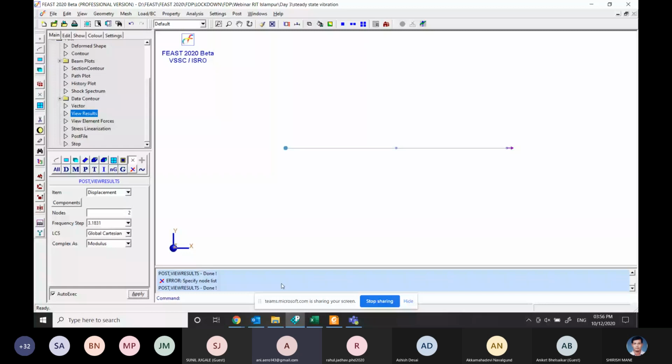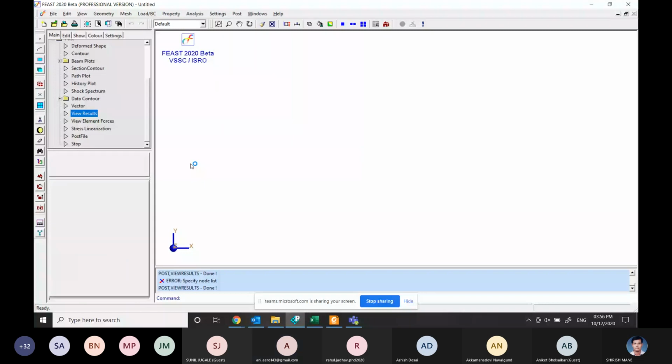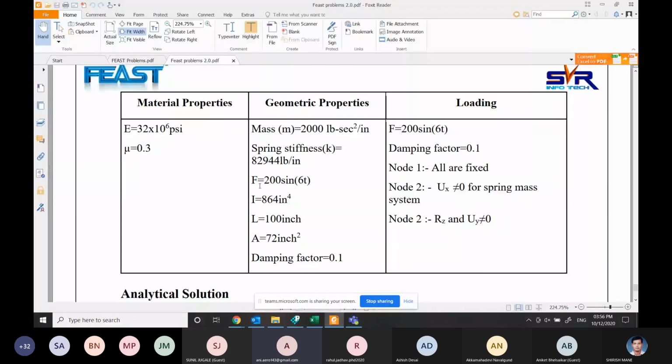I'll open the FEAST software. I'll create a new file. And here the length of the beam is 100 inches. In the PDF you can see the length of the beam is 100 inches.